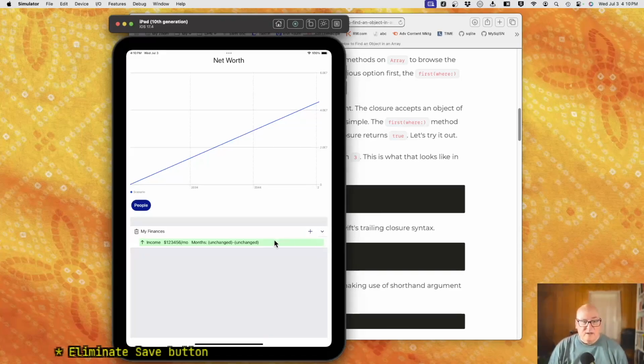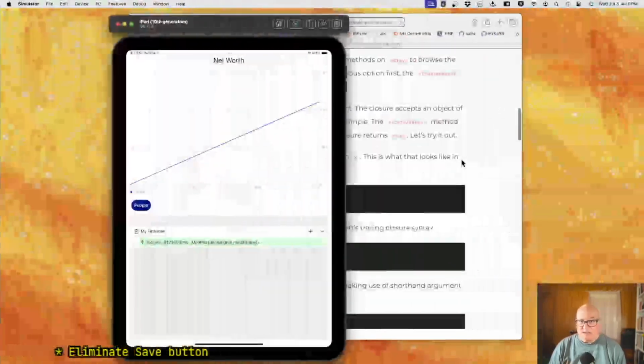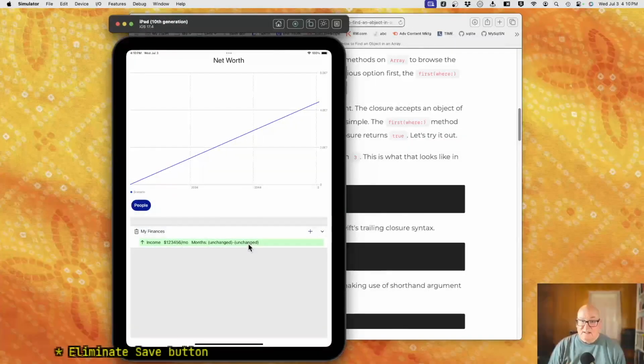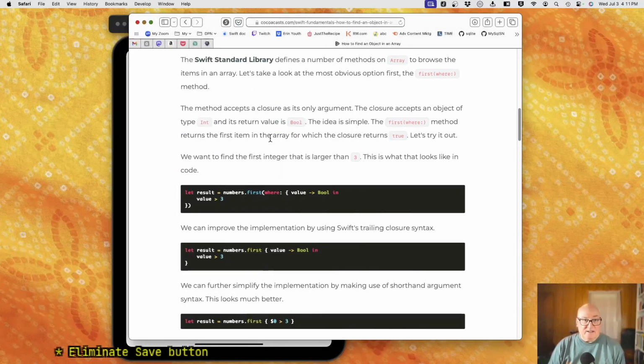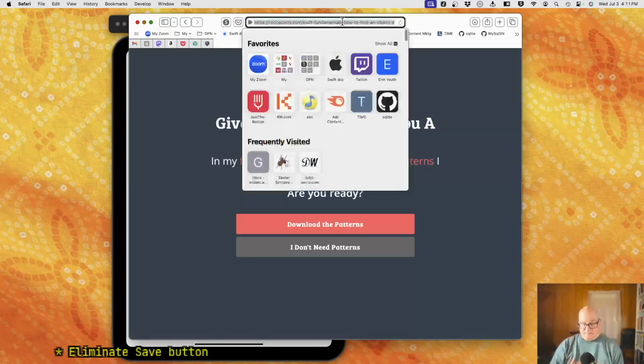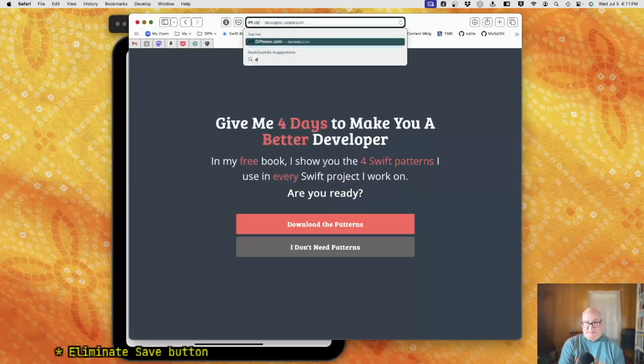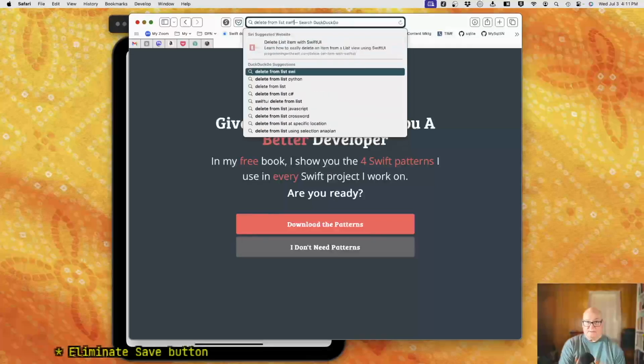But for now, well, maybe I should just look at lists and what do you have to do to make it standard delete? Because that motion of sliding over and then you get a big red delete button, that seems pretty hard to accidentally do both those steps. Let's see, delete from list Swift.